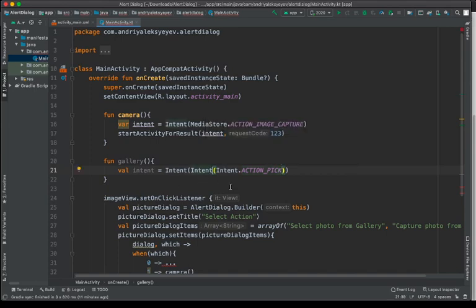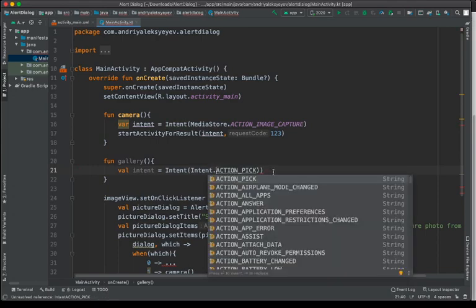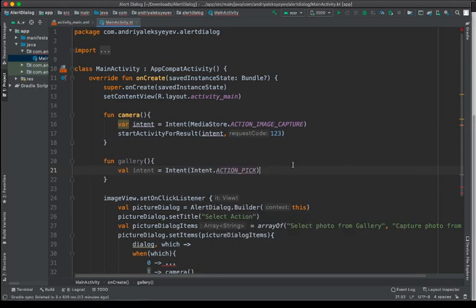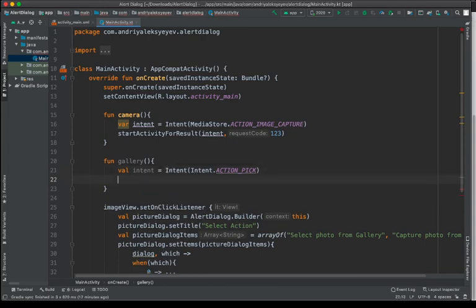So this, let's see, Intent. This one is too much. So sorry about that. Sorry for mistyping. So that's how it's to be. Well, intent equals Intent action pick, and next line will be intent type,